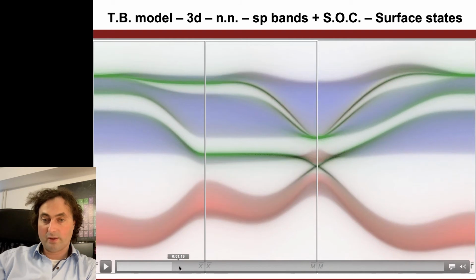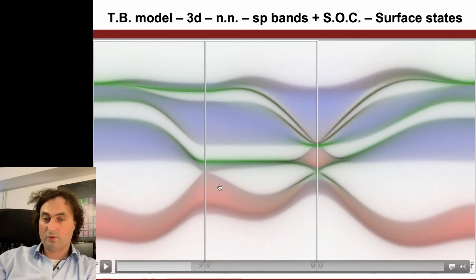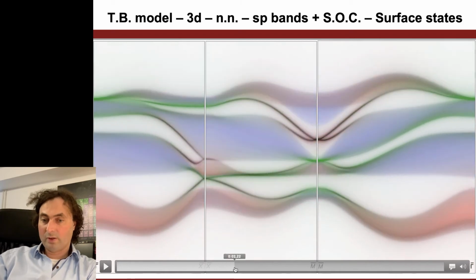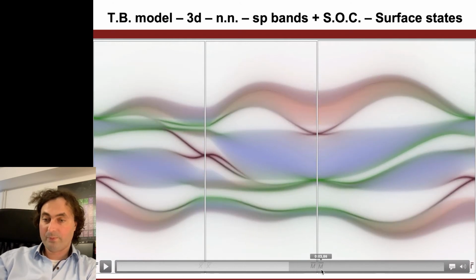If we then increase the on-site energy even further, we nicely see now that you have your inversion, and the S band is above the P bands at this point, and you get a beautiful surface state in the gap. Then at some point your bands become degenerate at X bar, and then you also have the crossing at gamma bar, and we see that again you get a nice surface state inside the gap opening,